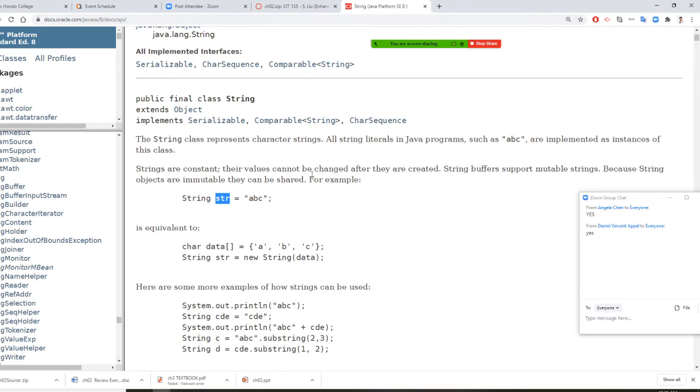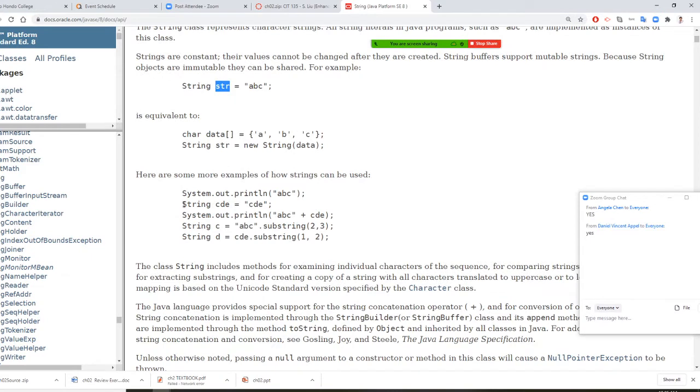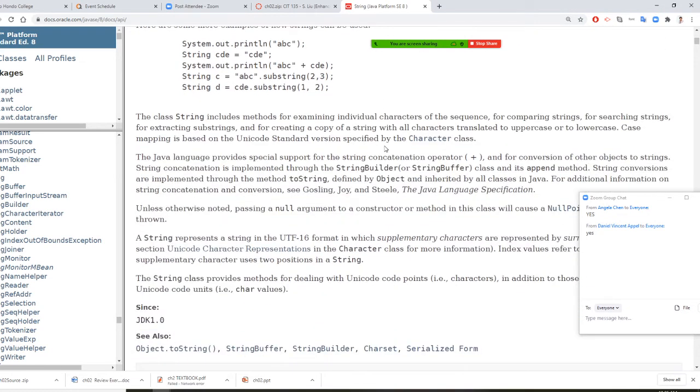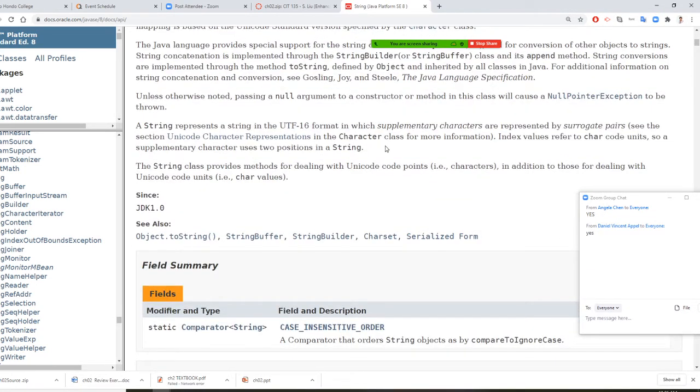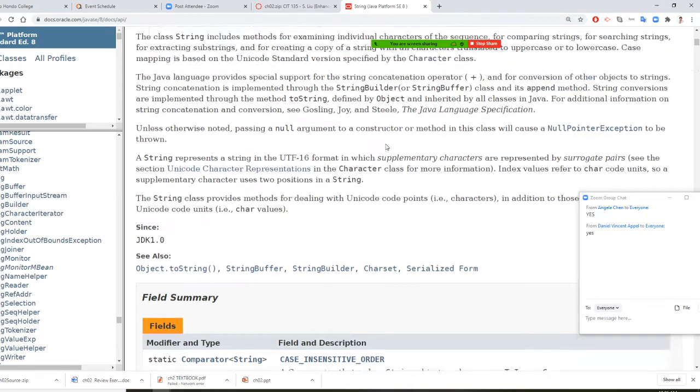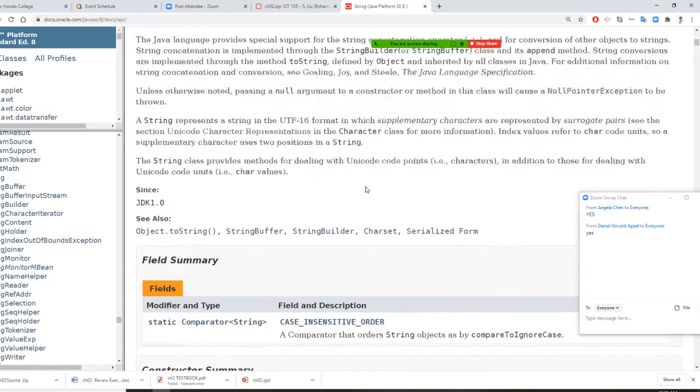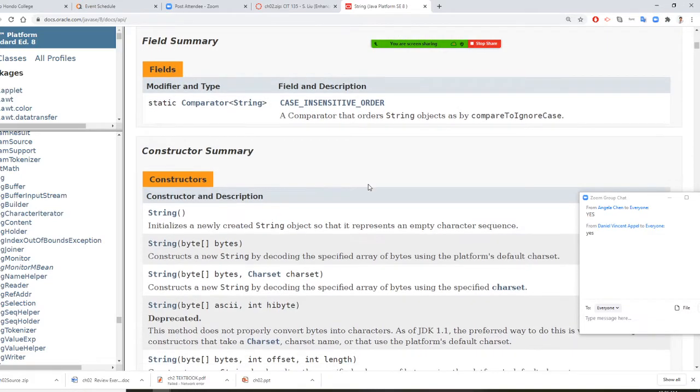So let's take a look here. String is a class. So CDE is an object right now, initialized to CDE. String is a class. Now object C and object D. Not only do you need to know how to initialize, you also need to know that String is a class, so the object of a string will be allowed to use